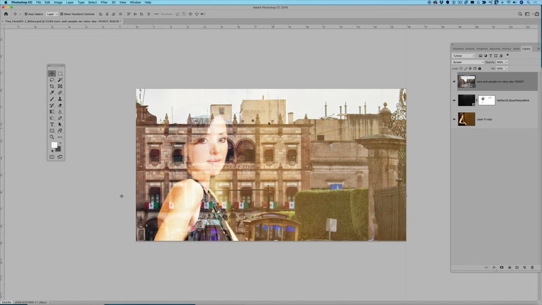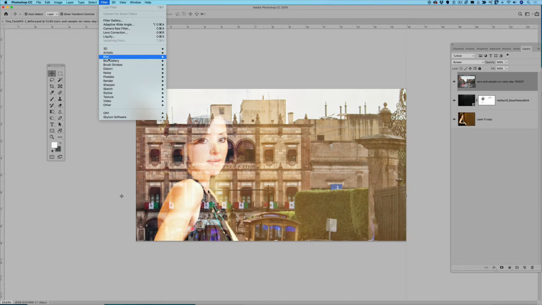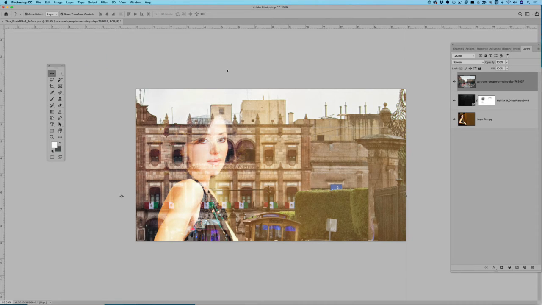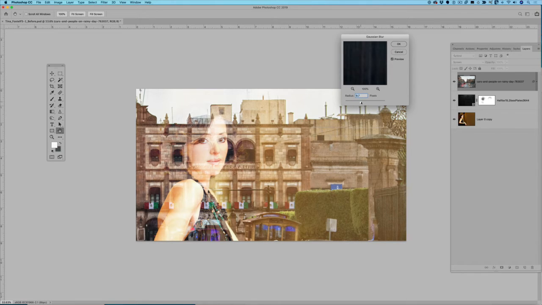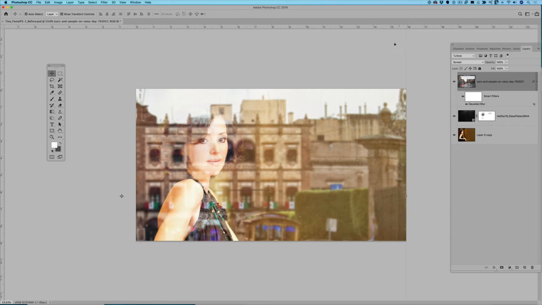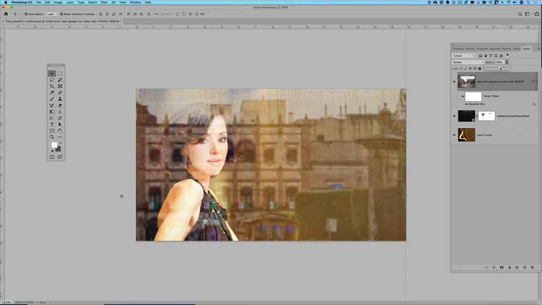Okay, now you can see a couple of things about the reflection. It's a little bit sharp, so it now looks like a reflection because I've reversed it, but you don't usually see reflections looking this sharp. So what I'm going to do is Filter, Blur, Gaussian Blur, and give that about 10 pixels should be enough. Let's have a look so we can see before and after. That's looking all right. And then what I want to do is just lower the opacity a little bit so